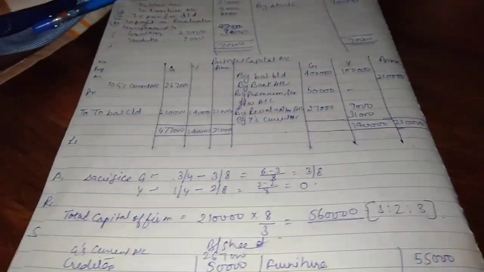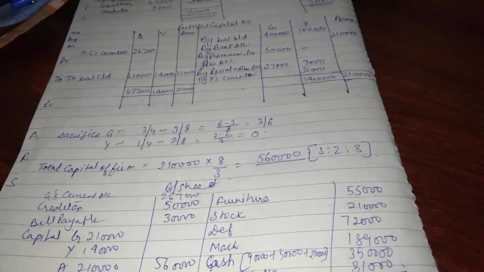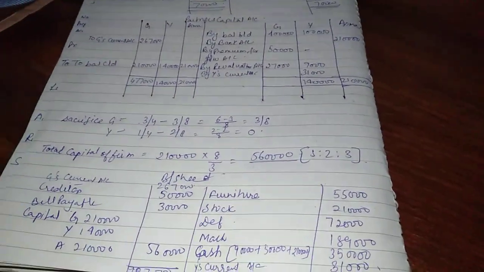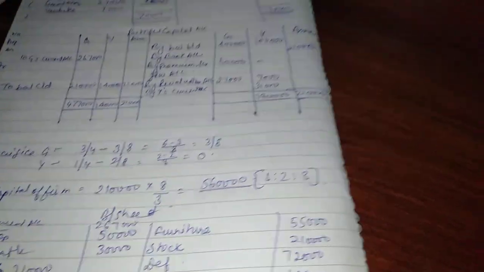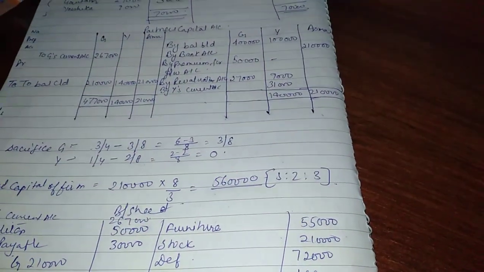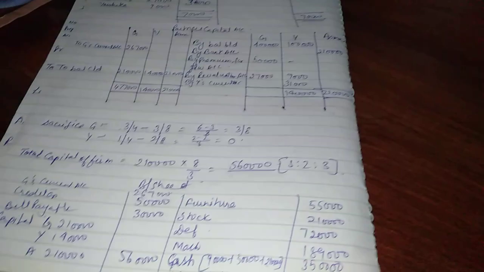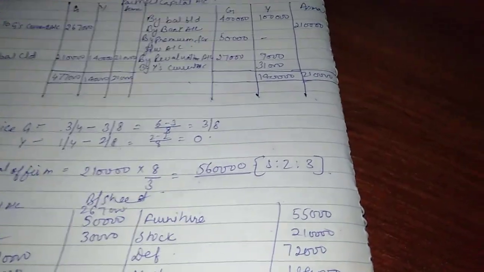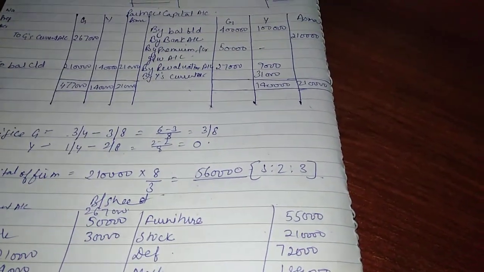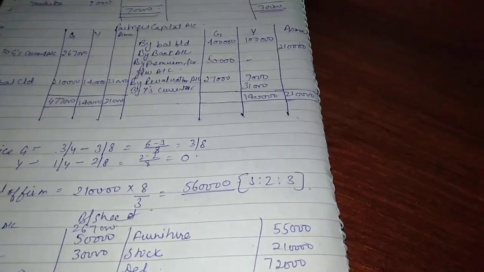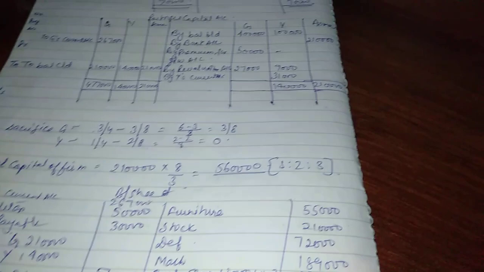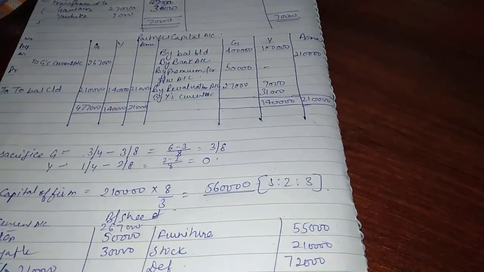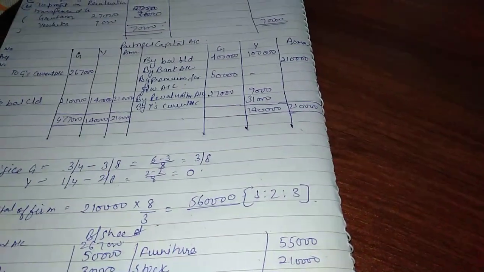So this was all. When there are new partners, we have to adjust capital on the basis of the capital of the new partner. And only one case is left, when you will adjust capital on the basis of other partners' proportions also. So you should practice the sums till the new partner's capital is brought and you have adjusted your capitals on the basis of his proportion like this. Practice the sums, complete the sums, and if you have a problem, let me know. Thank you.